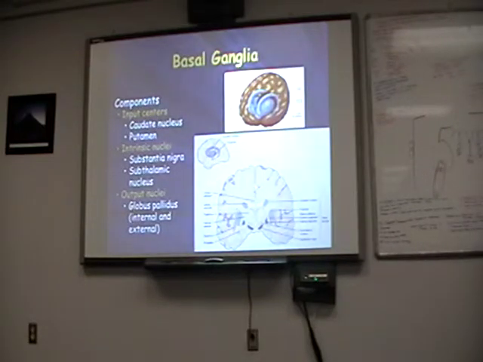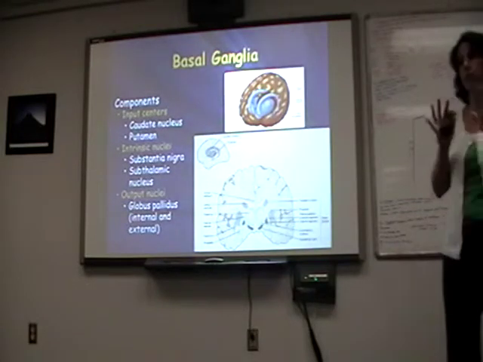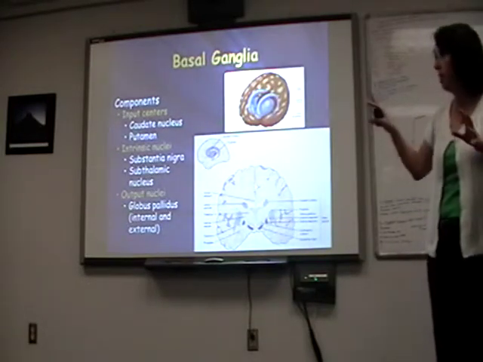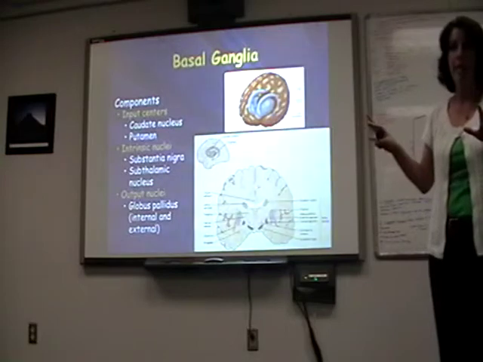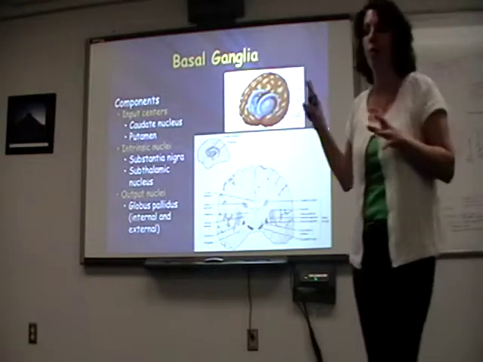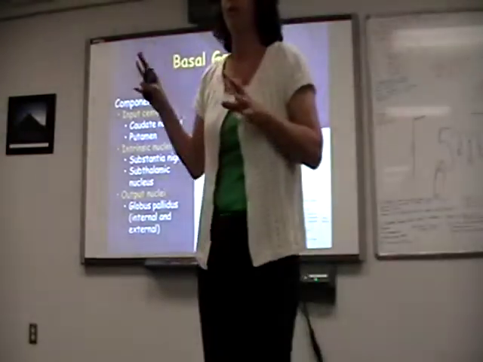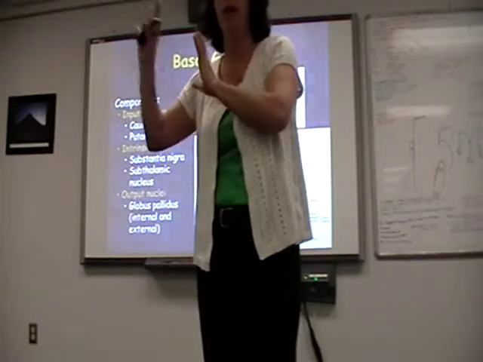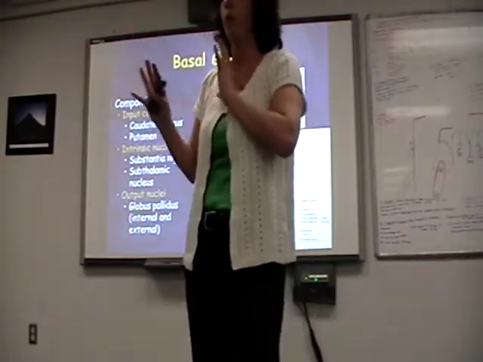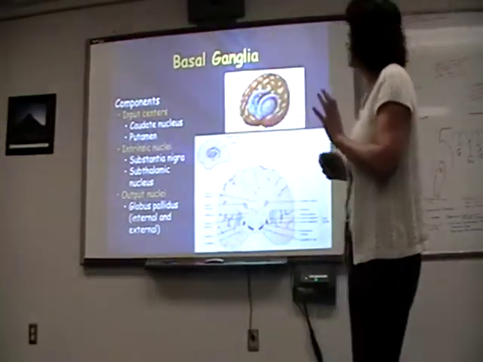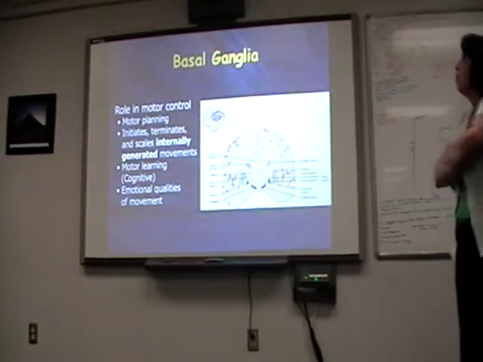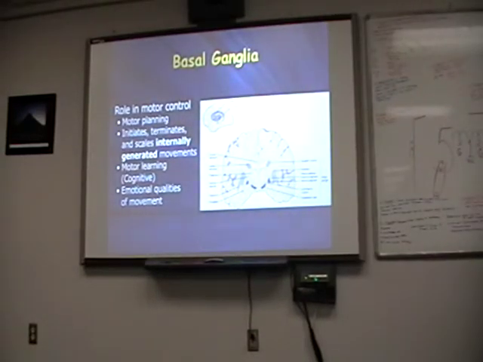And then we've got our output, which is the globus pallidus. So it's not just the three main basal ganglia, but it's also the substantia nigra and the subthalamic nucleus. So all of these regions will lead to extrapyramidal signs, which basically means motor deficits that are different than our classic upper motor neuron and lower motor neuron lesions. So what does the basal ganglia do? It's going to be